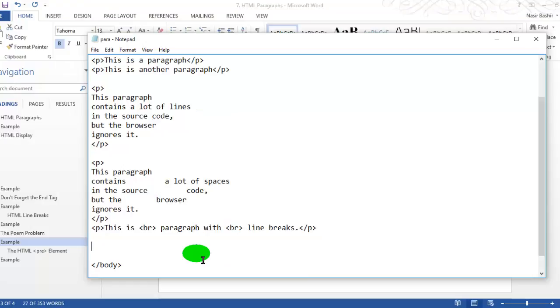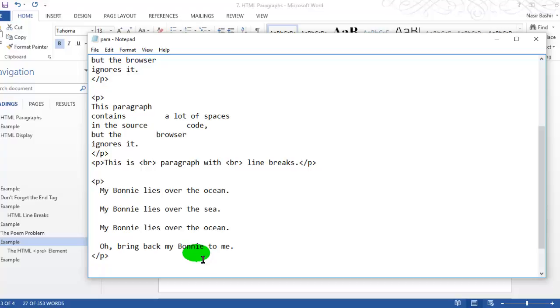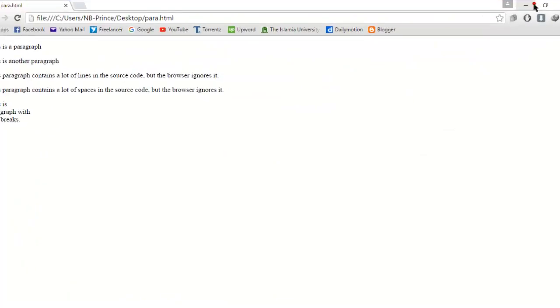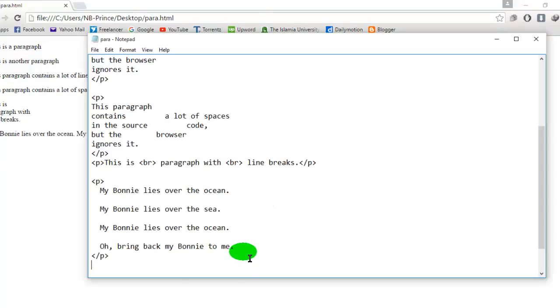Now the next thing is about the poem problem. I have pasted some poem lines here, and these are in a paragraph. So let's see in the browser what happened. Refresh, and you can see it is showing in a single line, but in HTML we have written it in many lines.